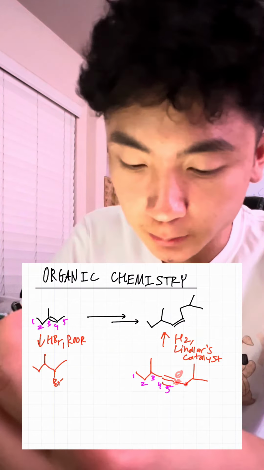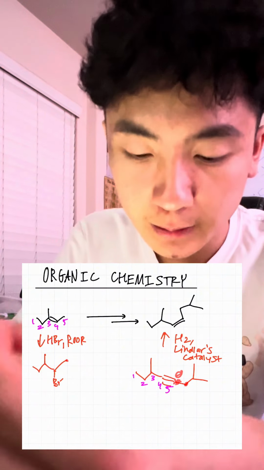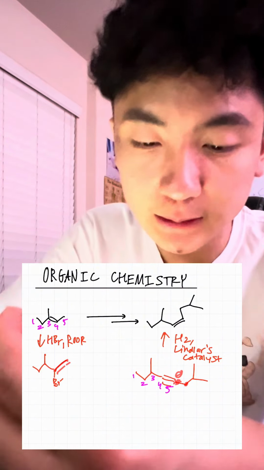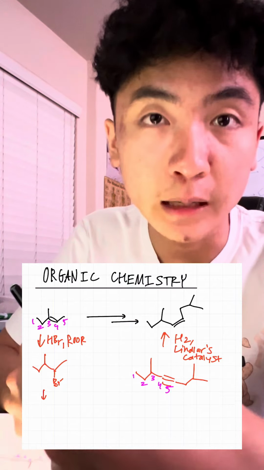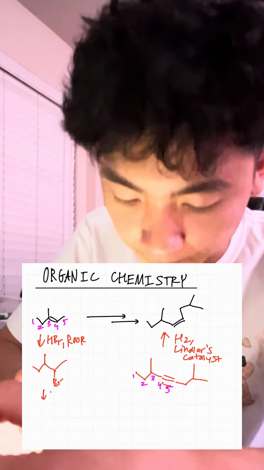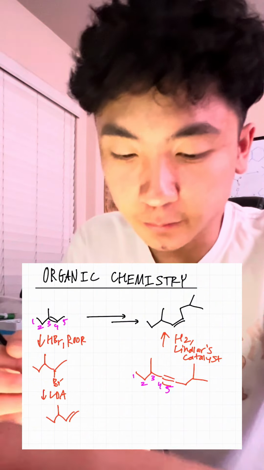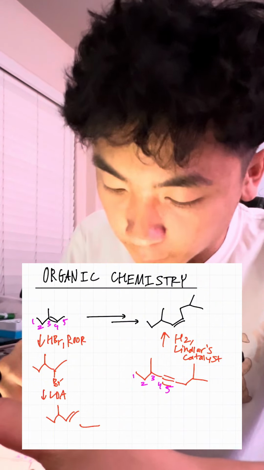So we want to make a terminal alkyne here, but to do that we need to have an alkene, and we see that this alkene here is less substituted, so we are going to do that by doing a Hofmann E2 reaction with LDA or tert-butoxide, for example. Now, once we have the Hofmann alkene, we can now do